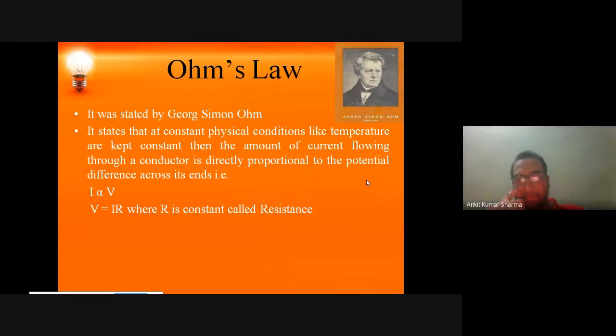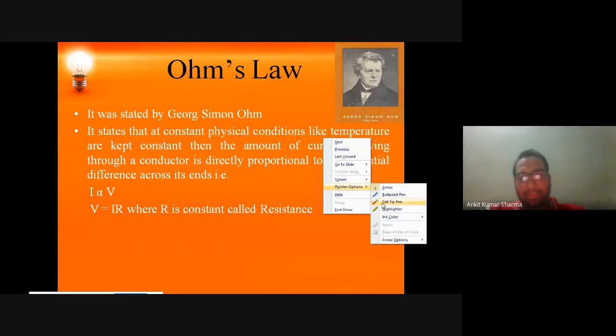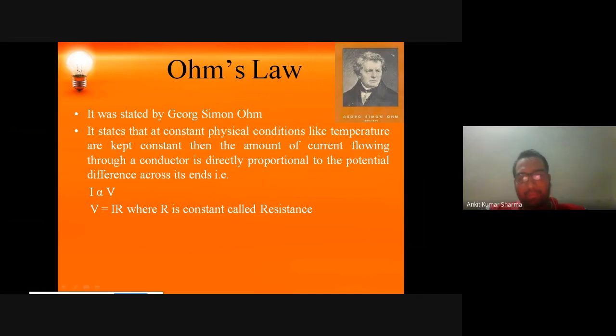You can see here on the right-hand side the picture of a scientist, George Simon Ohm. Ohm's law is given by the same scientist. So it was stated by George Simon Ohm, and the statement of Ohm's law is that it states